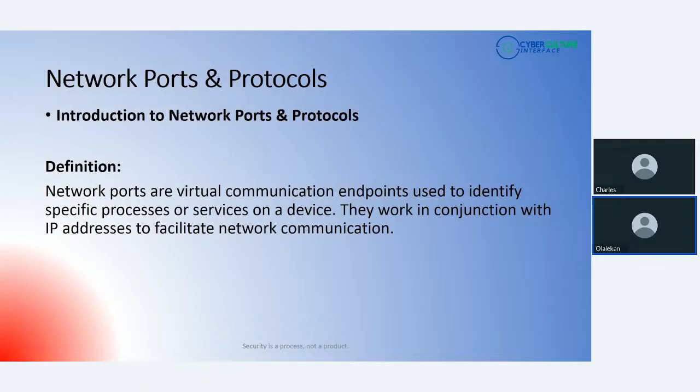So network ports are like endpoints used to identify specific processes or services. Like I said, I'm talking through the mouthpiece. I'm sure sometimes you use the mobile phone. Sometimes you pick a call, the person will be hearing you, but you will not be hearing the person. That means somebody's mouthpiece is working and somebody's is not, or your mouthpiece can be working and the speaker may not be working. The mouthpiece is the port for capturing your own voice, meanwhile the speaker is the outlet. The same thing on the other side. So